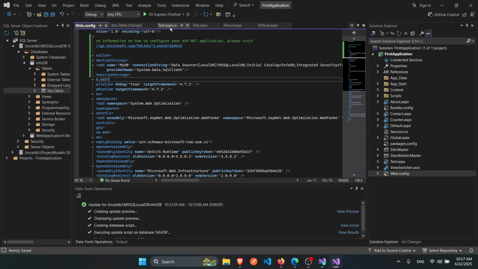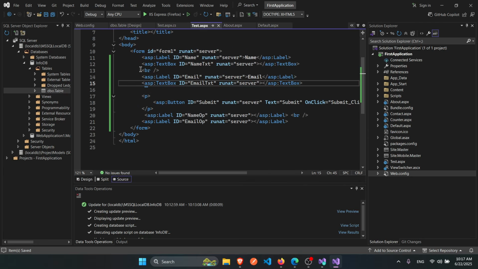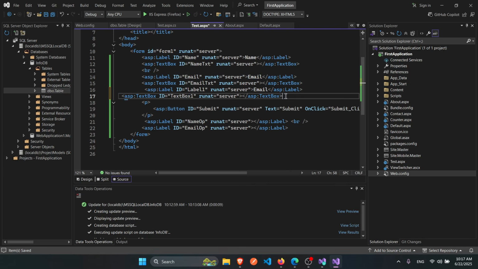Now I will go into our test.aspx. We have these things over here, for our name and for our email. Now for our password, we also need a password, right? So I'll just copy this, paste it over here,